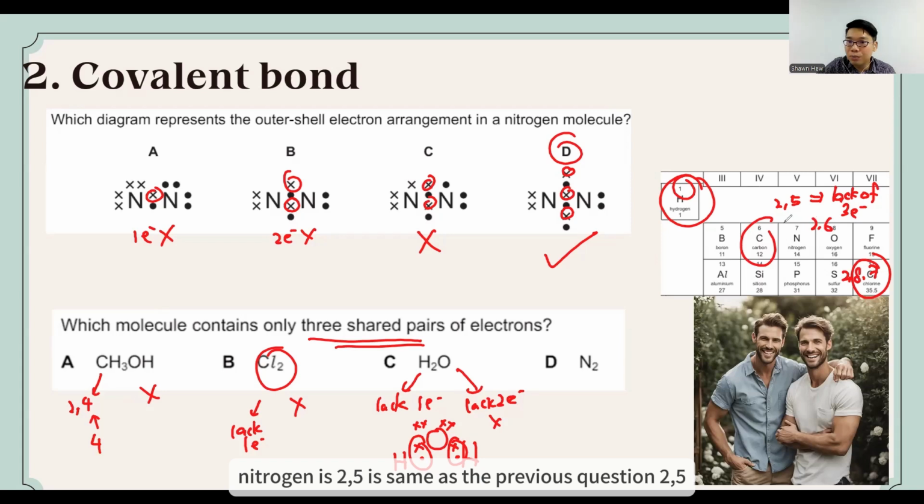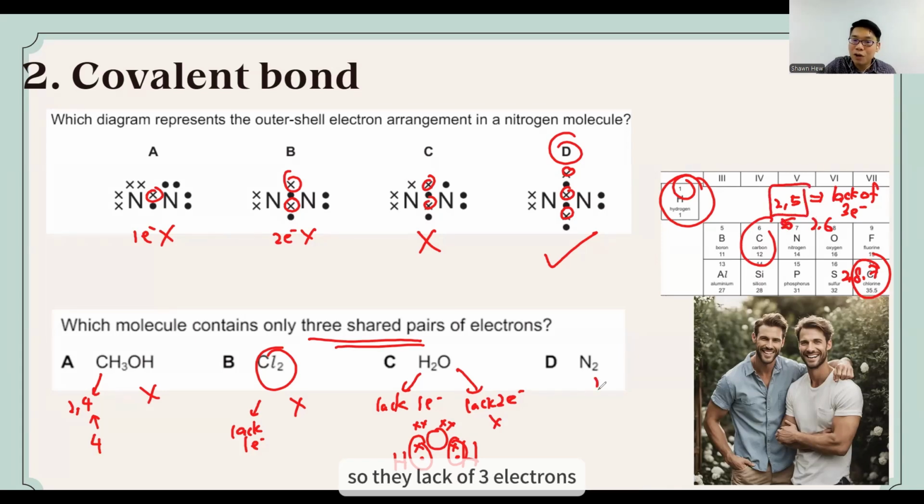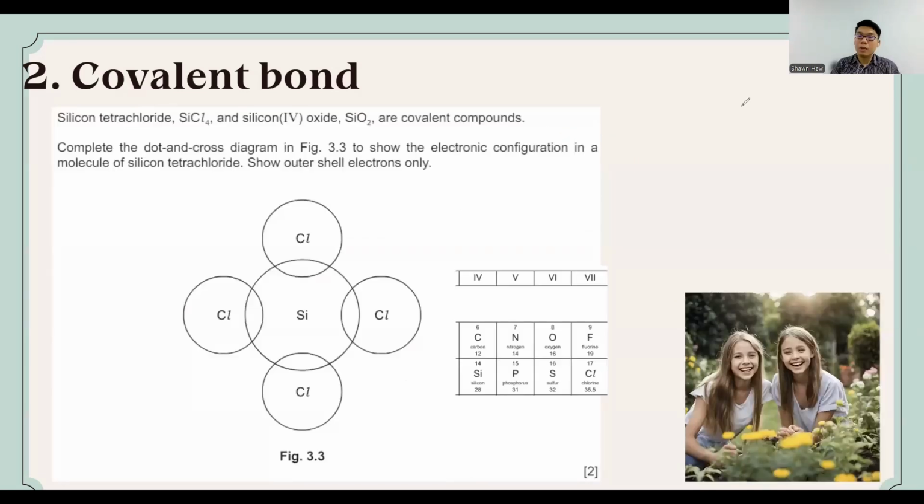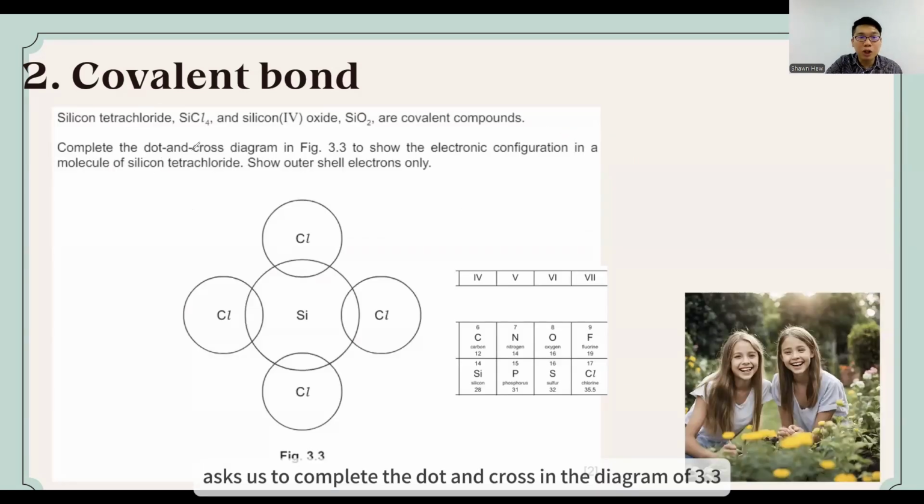Nitrogen is 2, 5. It's the same as the previous question, 2, 5. So they lack 3 electrons. So they need to share 3 pairs of electrons. So the answer is D. So the next question asks us to complete a dot and cross diagram